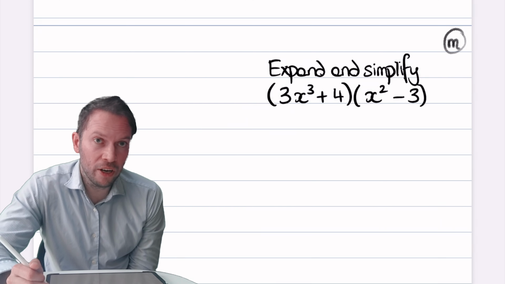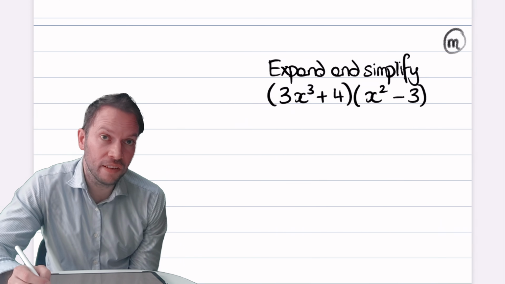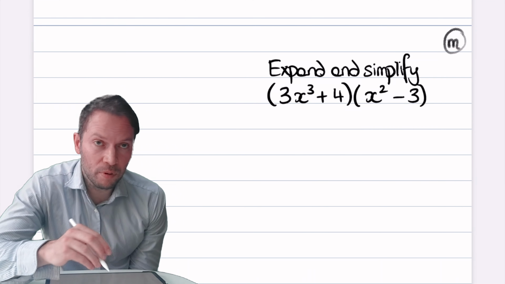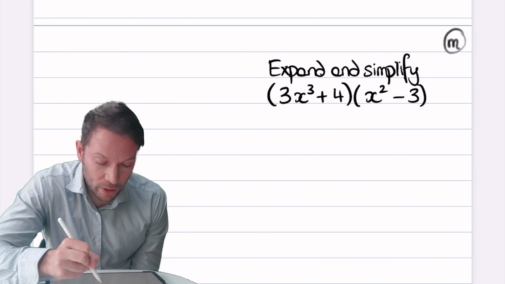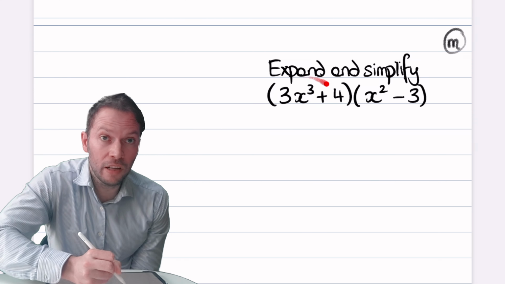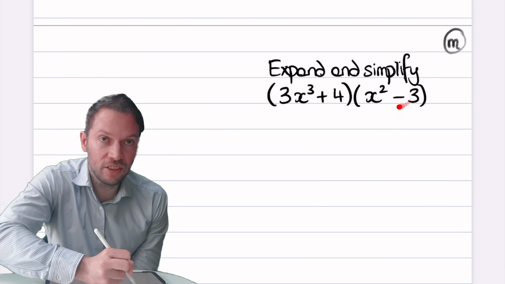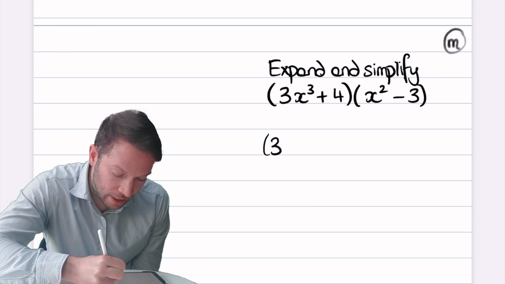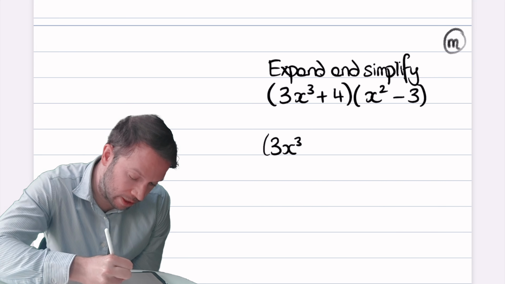Hi, in this video we're going to expand out two brackets where we've got to use laws of indices. Now remember the principle for multiplying out two brackets. We need to do each term in the first bracket multiplied by each term in the second. Now we can do that in any order, but the way I like to do it is I like to